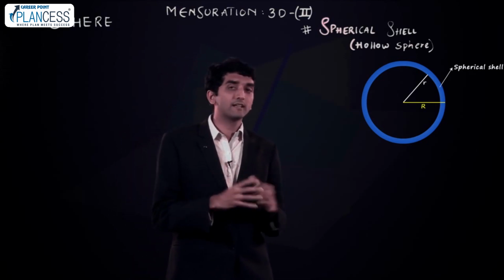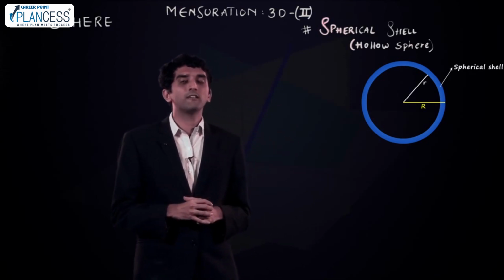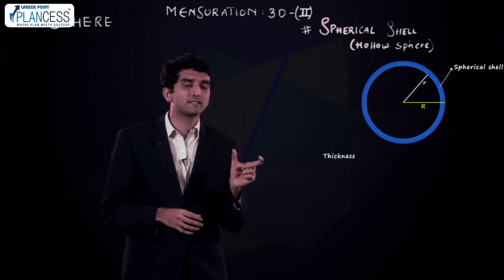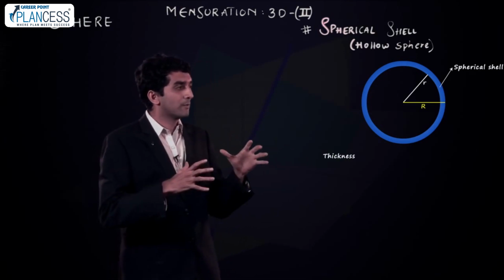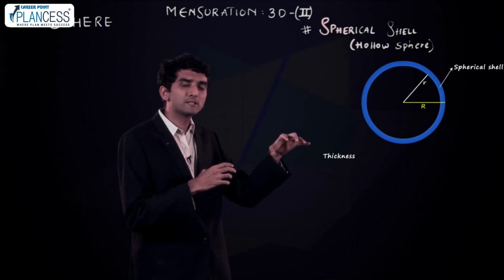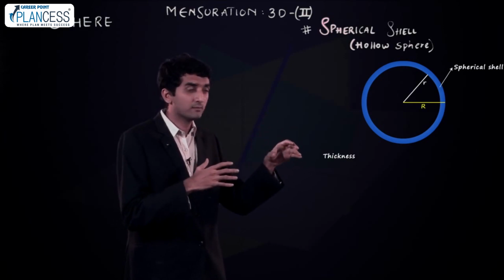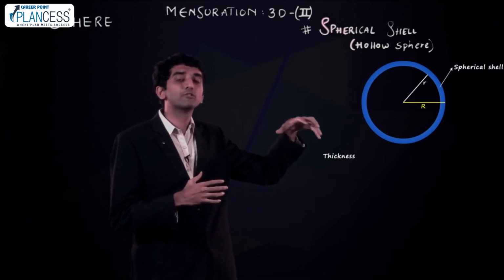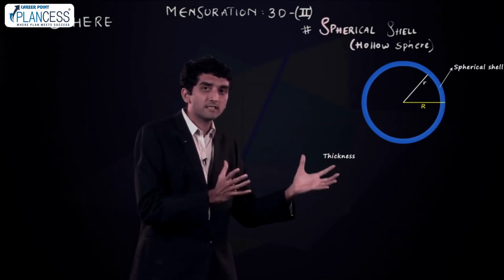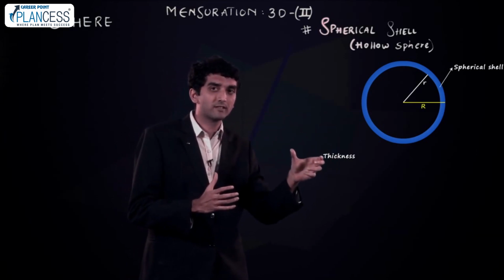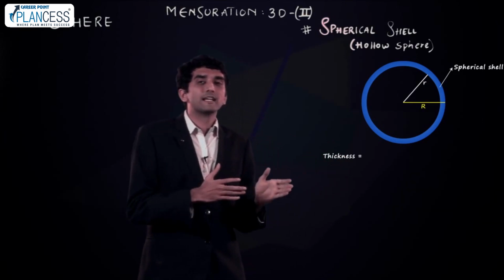So you will clearly understand that this spherical shell will have a certain thickness, as you can see in the figure. Basically, the inside of this spherical shell is not accessible because it is hollow, but this shell is going to have a certain thickness, and that thickness is going to be